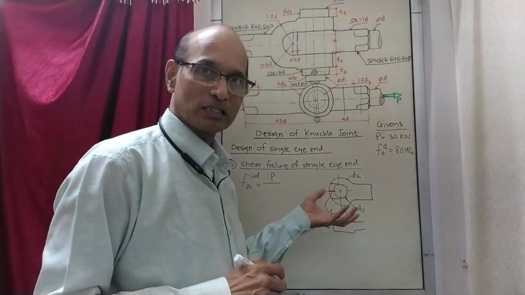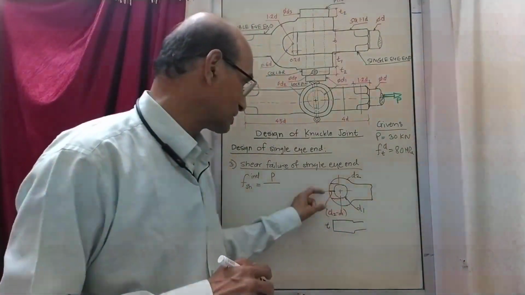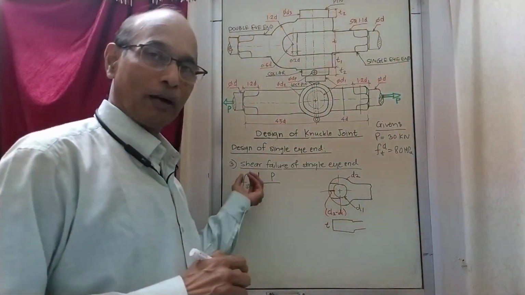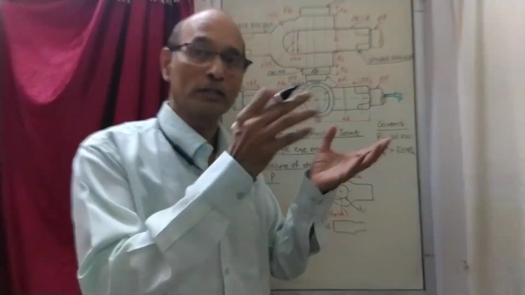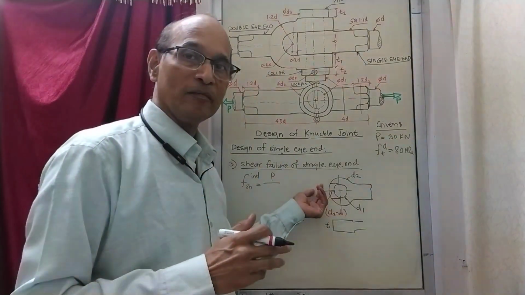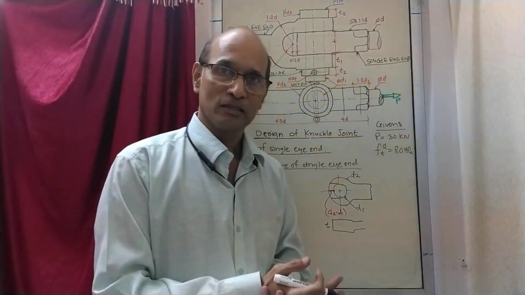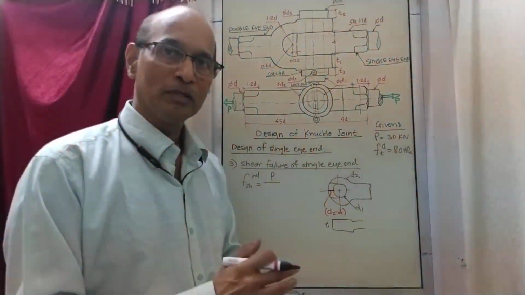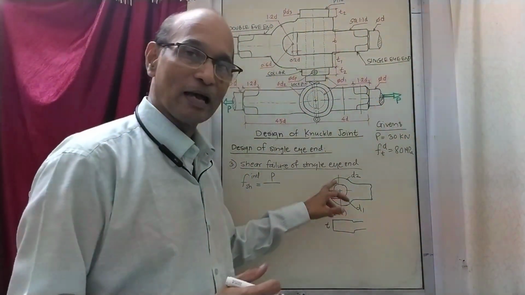But that is fine for us, because we are taking an area which is less than actual, which means we are trying to find the induced stress which is going to be more than the actual. So even if the stress is more and it is still less than the design stress, the actual will definitely be less. So it is safe to assume an area which is less than the actual area.